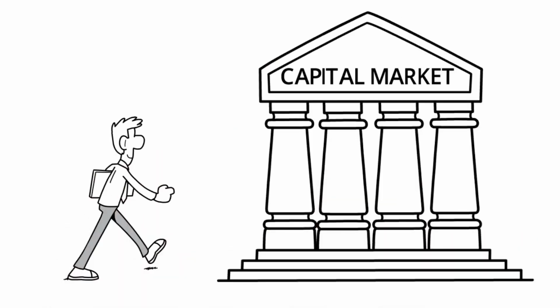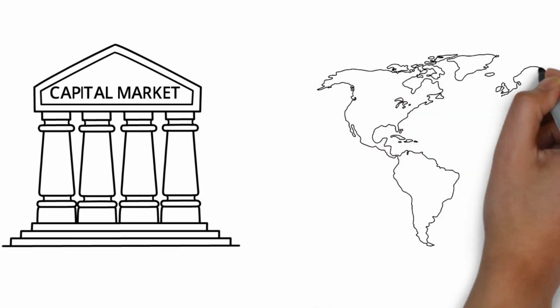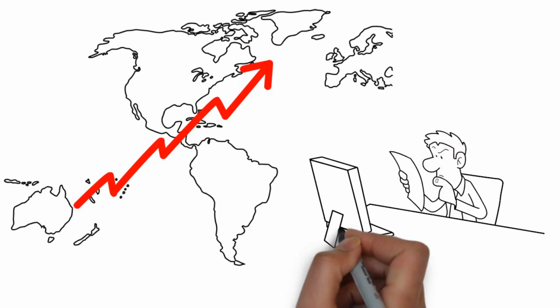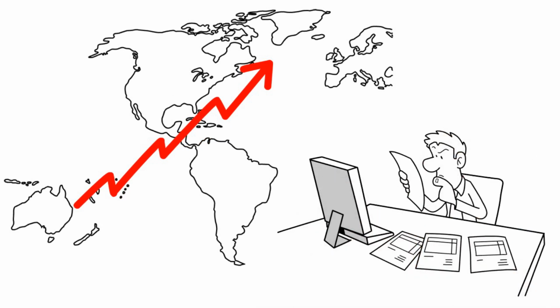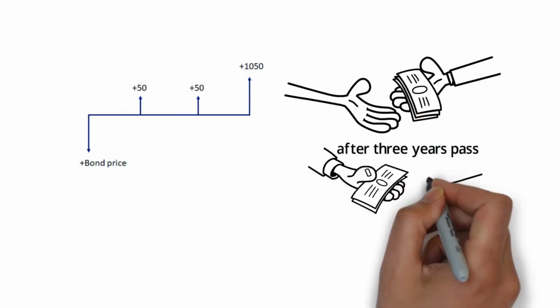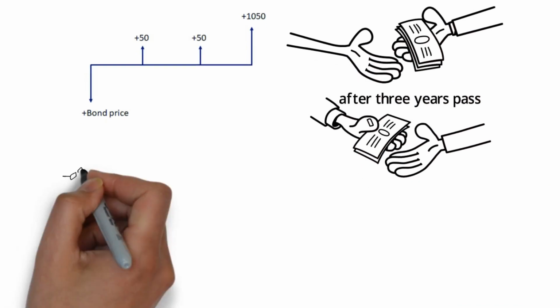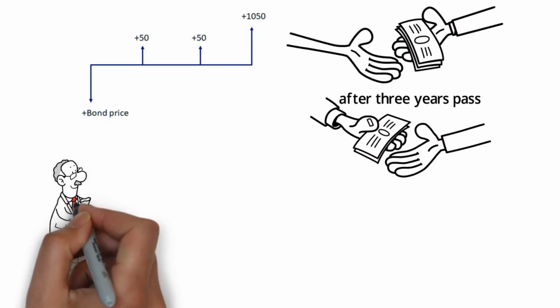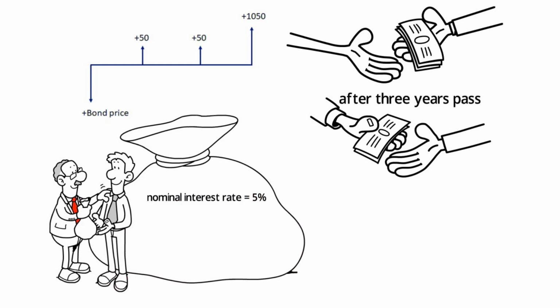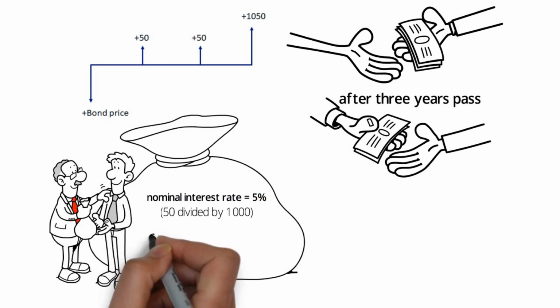We go to the capital market to find the reason. The market for bonds in most Western countries is a functioning market, an efficient market. You can track the valuations of bonds well, and you can understand what drives that value. The way it works on the bond market is that you buy a bond for, let's say, a duration of 3 years. You pay for the bond, and after 3 years pass, you get the money back again. Every year, that bond pays out interest to the bondholder. In this case, it is $50 per year. In the third year, you get the $50 and you also get the nominal value, or face value, of $1,000. It is implied that the nominal interest rate is 5%, 50 divided by 1,000.